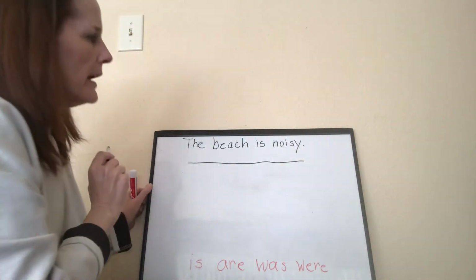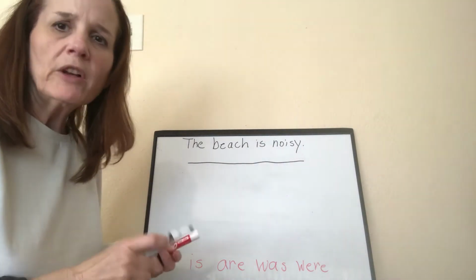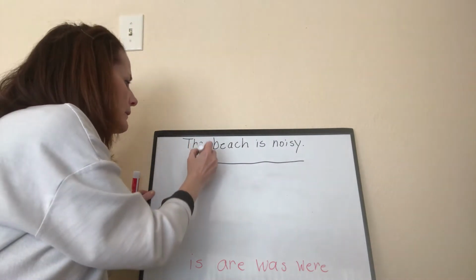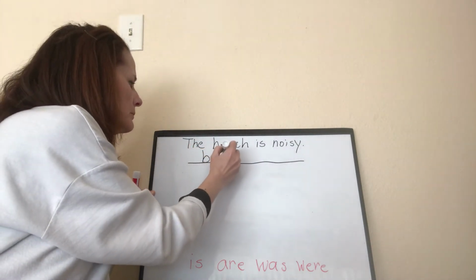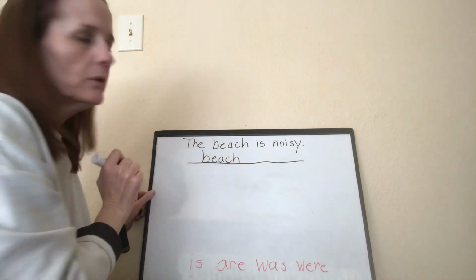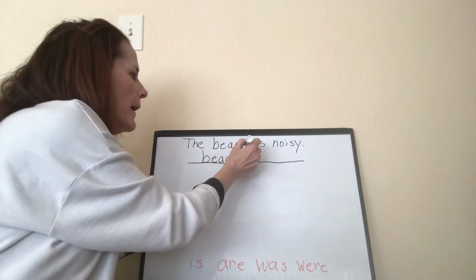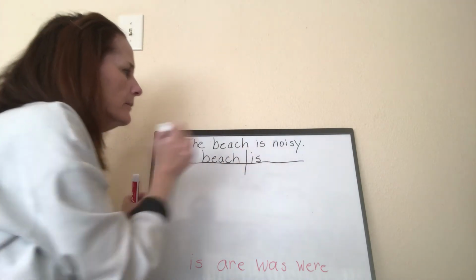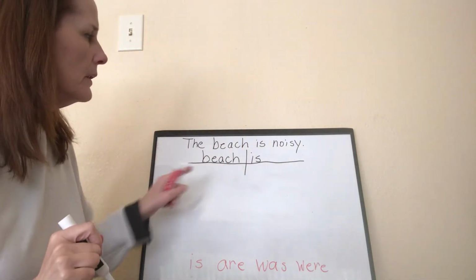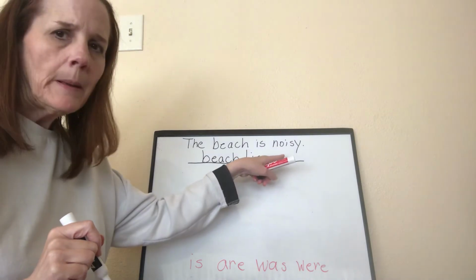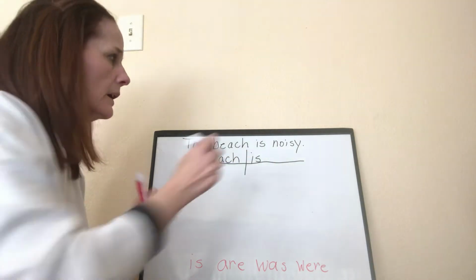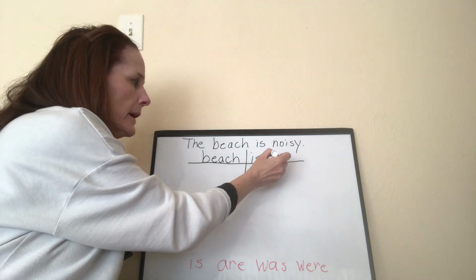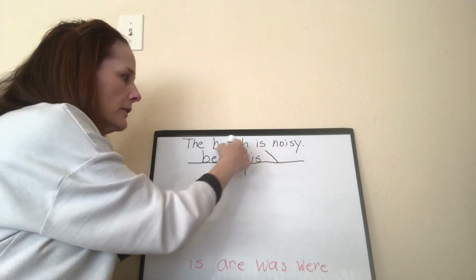And remember, in class, we always ask ourselves questions. Who or what are we talking about in this sentence? Beach. So it's our subject. Beach, what? Is. We have our being verb. And in this sentence, beach is what? The beach is noisy. So since it's a subject complement, remember my line is going to be in the direction